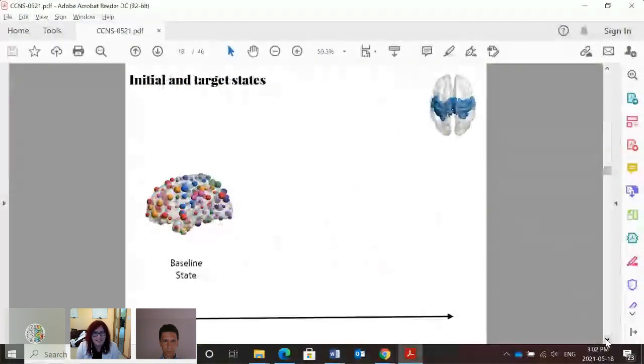So now we have these highly individualized connectomes, and remember the ultimate goal is to drive to some desired final state. We asked, how could we go from an initial state, which we define using the functional fMRI data? We look at the time series in the fMRI data, and we choose baseline states from this data, so it's really data driven. And we ask, how do we go from this to a place that we define